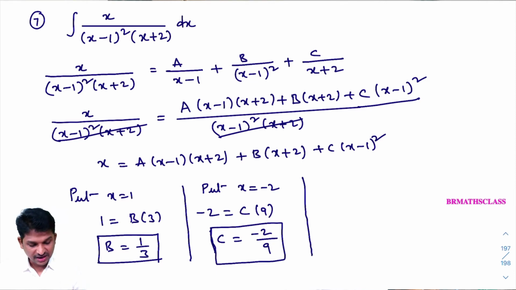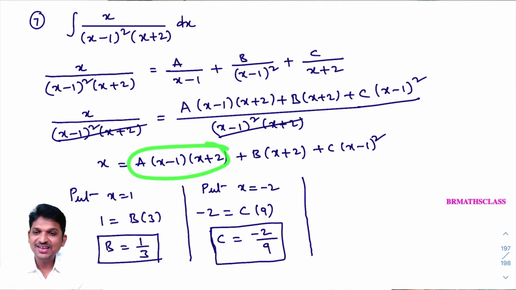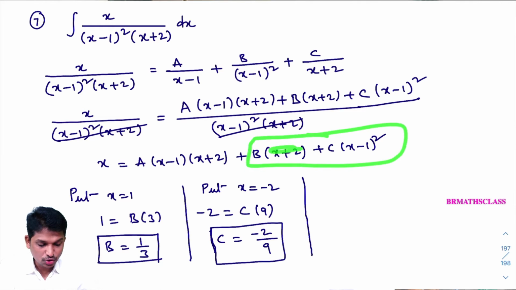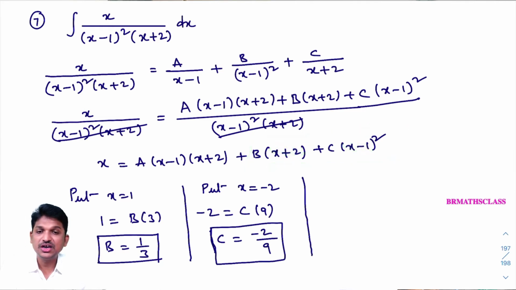You see here, with the help of the trick, I got the B value and C value. Now you tell me any x value such that I can get the A value directly. Can you tell any x value such that we will get a value directly? We won't get it. You can observe. If you want, you can check. If you want to get this a value, you need to make the b, c terms 0. There is no term common in b and c. So you cannot find the x value directly with the help of the trick.